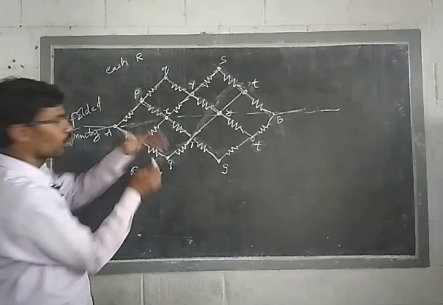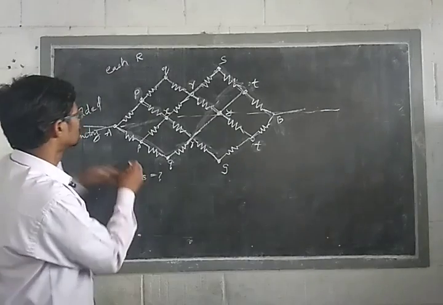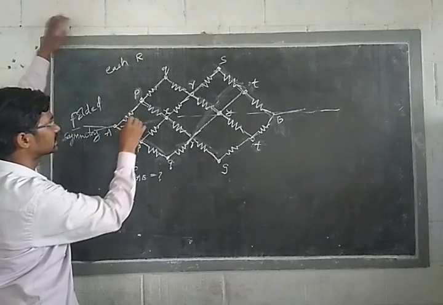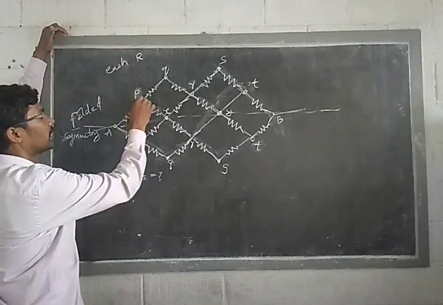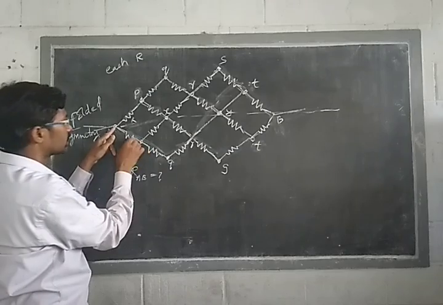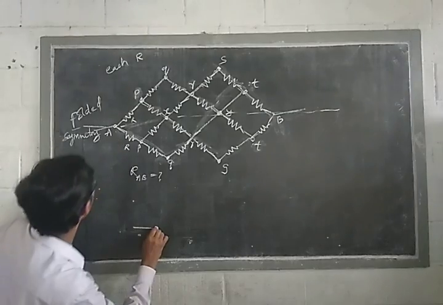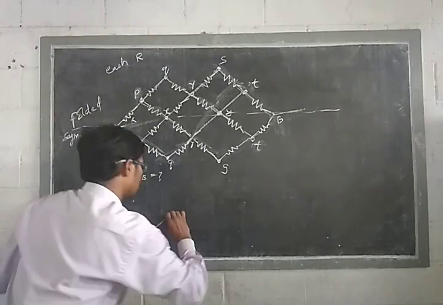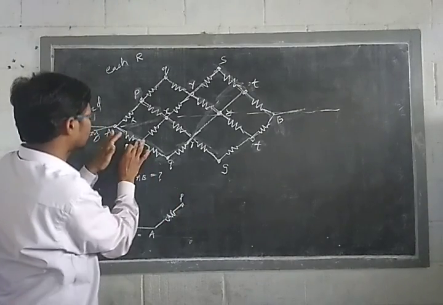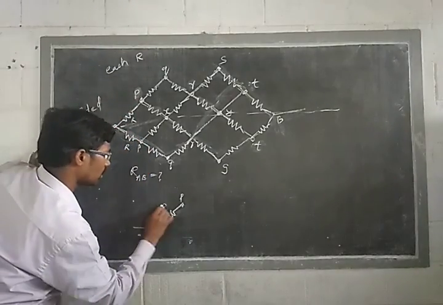Now look at this one. One by one, I'll reduce the circuit by taking the equivalent resistance. Right, clear? PA and PA, these two resistors are in which combination? Parallel combination. These two have the same potential difference. Then let me redraw. These two are in parallel combination, so here A and here P. Now I'll remove this one. Now R and R, which combination? Parallel, so R by 2.